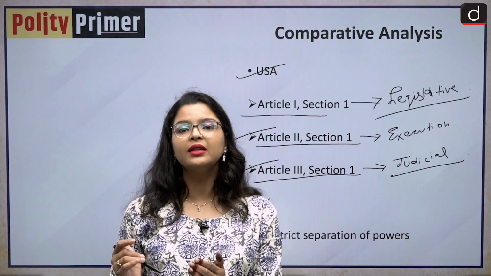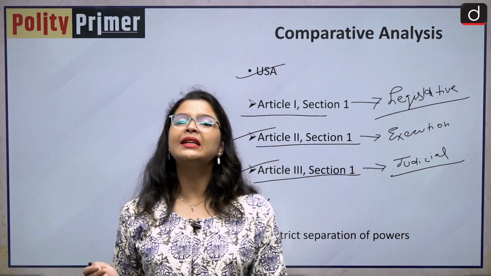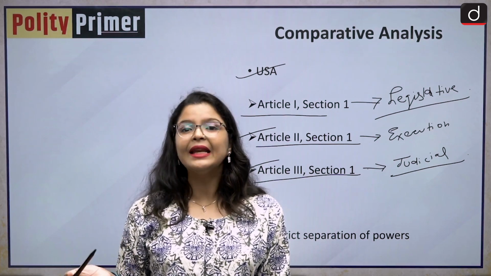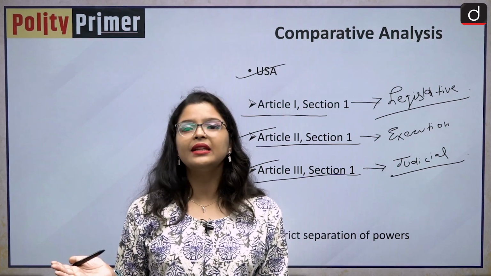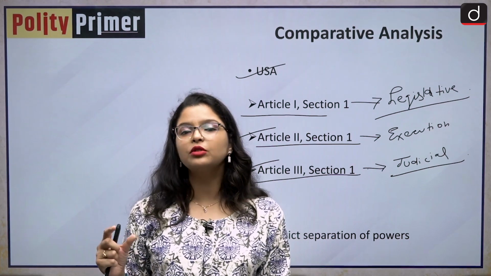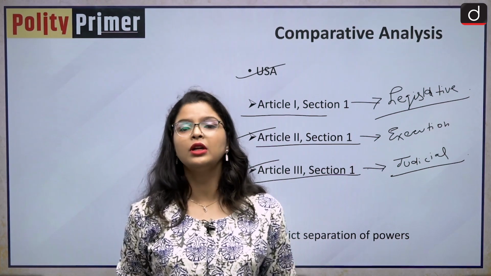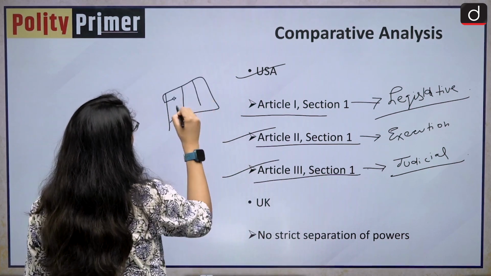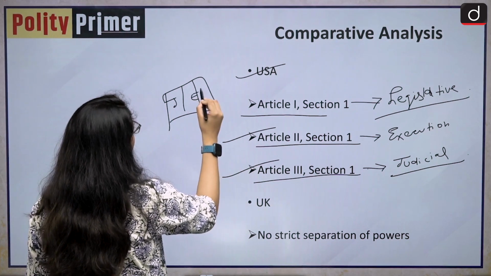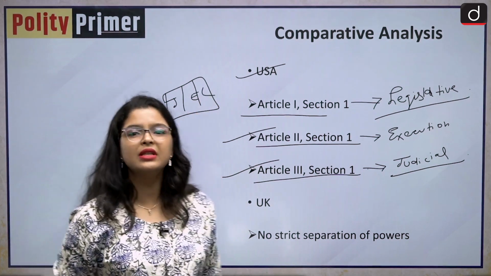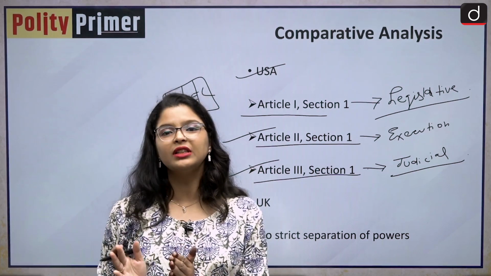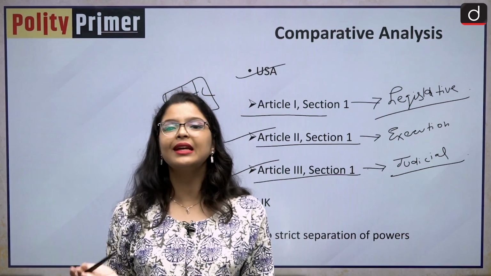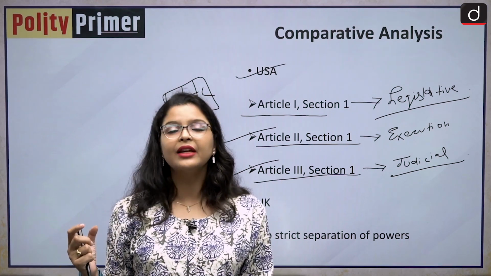Sometimes what happens is that when the Congress has brought a legislation, it can be vetoed by the President. And similarly, if an act has been brought by the Senate in the US, it can be struck down as unconstitutional by the US Supreme Court. So we cannot say that they are put in watertight compartments, judiciary, executive and legislature. In the case of the USA, though they have well-defined powers, and they cannot in ordinary cases exceed the power given to them.